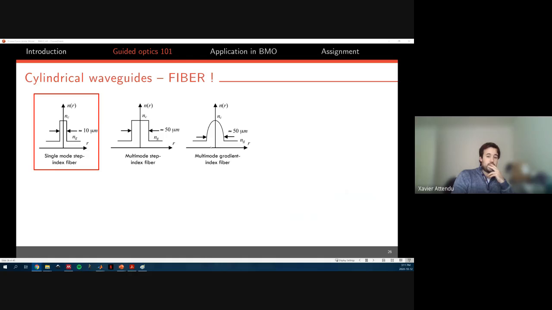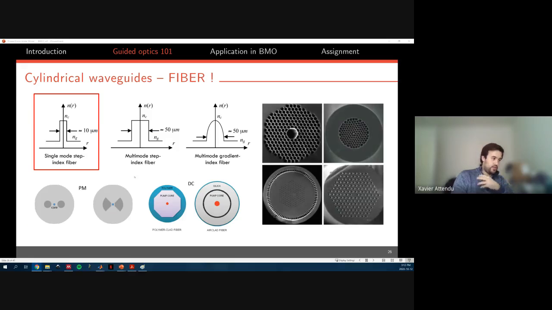And then there's of course a whole bunch of other fibers. There's polarization maintaining fibers. There's multi or double clad, multi-clad fibers. There's fibers with all funky geometries that alter